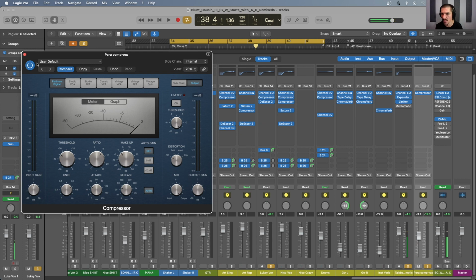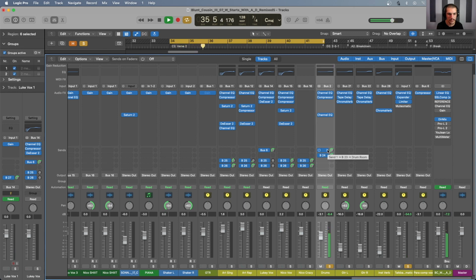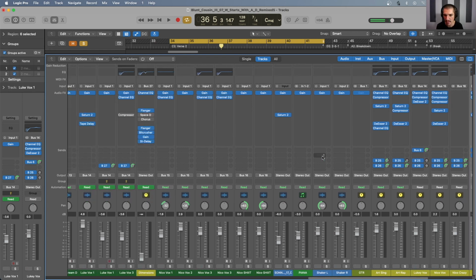Now we can also do the same thing here on the drum bus. If we find the drums right here, we can solo these and listen. And we see here that I'm sending this already to bus 23, which is our drum room, which is effectively a reverb effects return to give a little bit more ambience to the drums. And I'm also sending it here already to bus 24, which is our parallel bus that was here before we started this video. So if I go over to find the parallel bus,